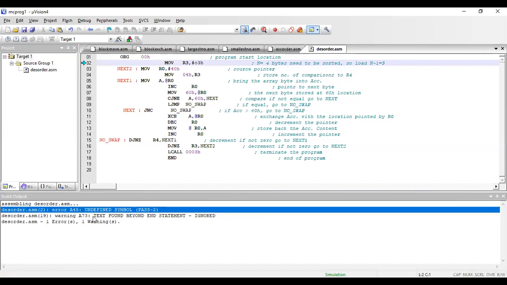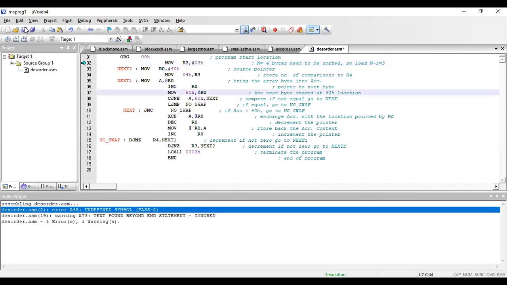What is the error? Undefined symbol. So you should know that. You should be knowing the error type. So I should assume that I have typed O and I'll change it to 0 now. And you can even see when I had typed O, there was no color change. Now I have typed 0. The color has changed to some purple color.